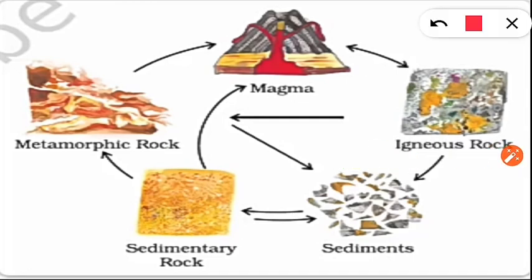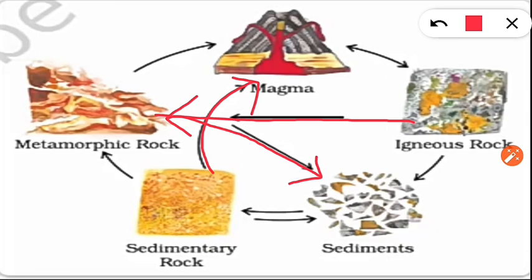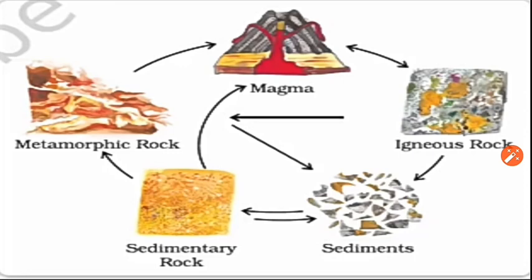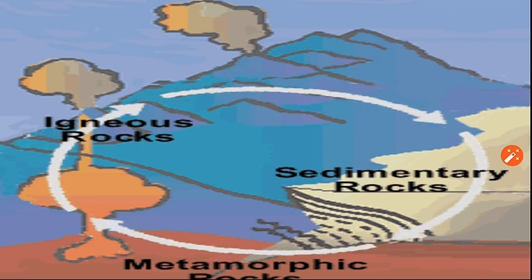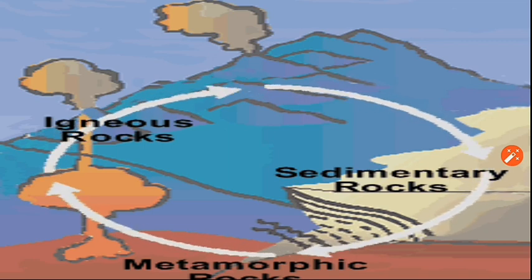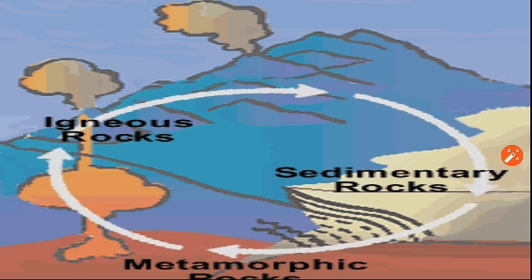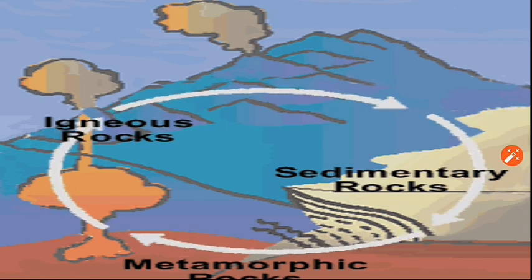Again, try to understand that sedimentary rocks can also get inside the earth and turn into magma. The metamorphic rock also sometimes gets eroded into sediments. And igneous rock can also, under some heat and pressure, directly change into metamorphic rock. So this is how the rocks are changing from one type to another in a cyclic manner. This is called the rock cycle, where one type of rock is changing into another, from igneous to sedimentary, from sedimentary to metamorphic.